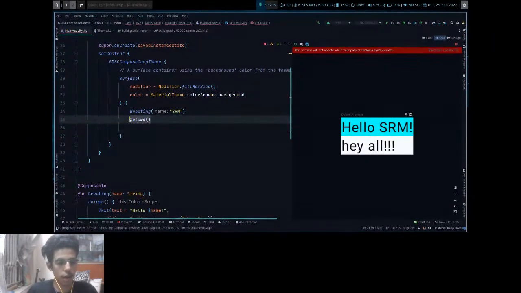It will just keep everything you have in memory. So if you have thousands of Hello SRMs in the Column, it will keep all thousand SRMs in memory.